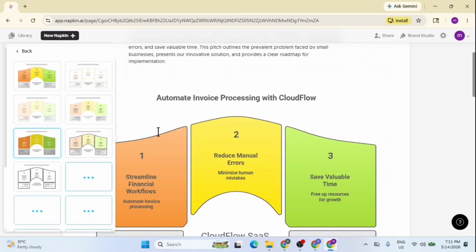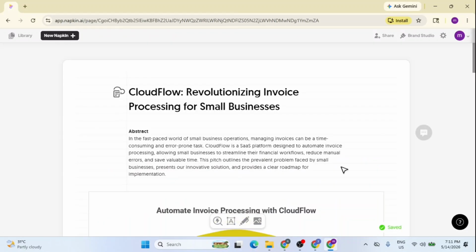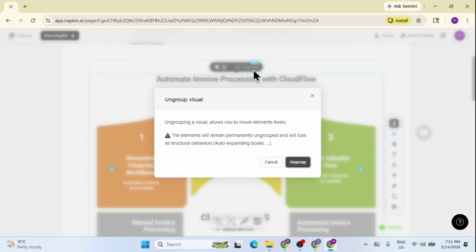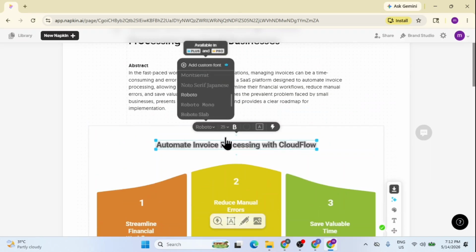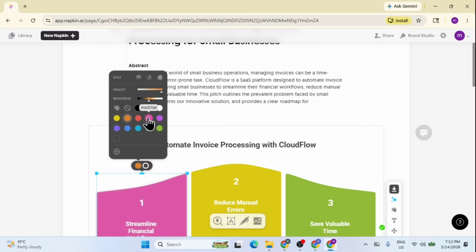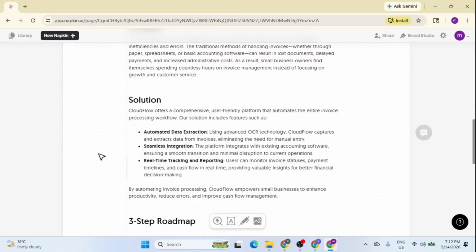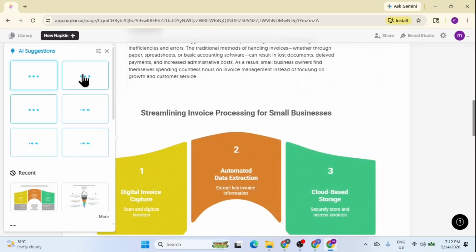Once I've picked the perfect layout, I can start editing the visual. I'll ungroup the elements so I can move them around freely and then double-click the text to change the font and wording to match my brand. I'll repeat this process for the problem section, scrolling down to highlight the text and selecting a graphic that illustrates